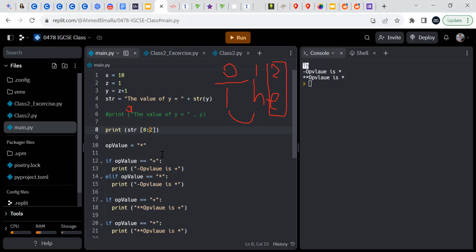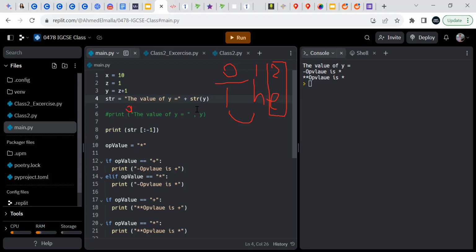So what if we do it like that? Let me check. Do you see what the output is? Nothing changed, right? But I want to remove that totally.